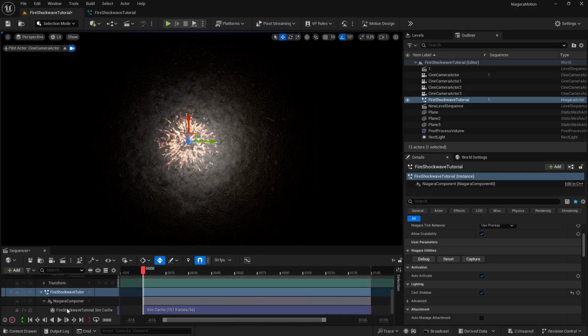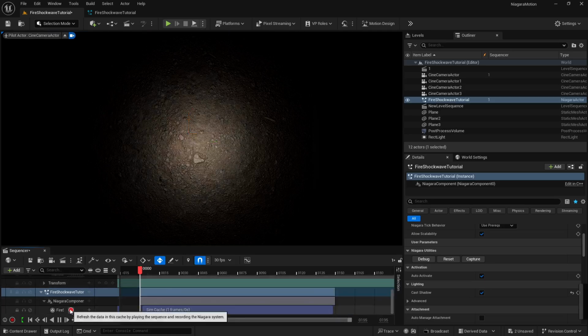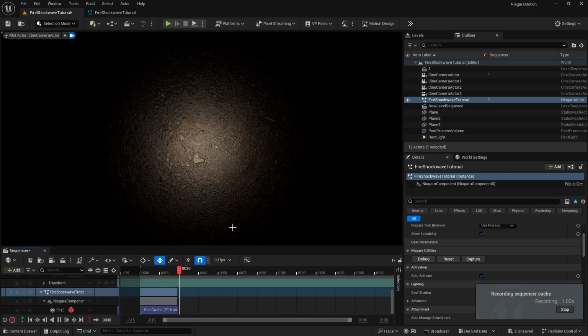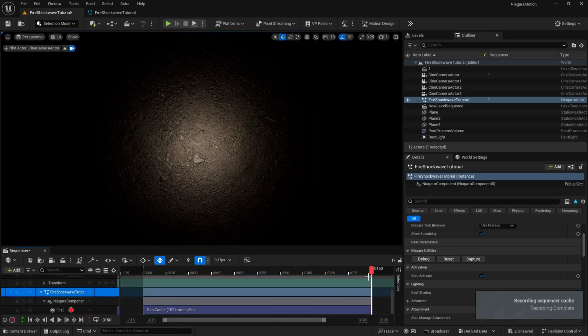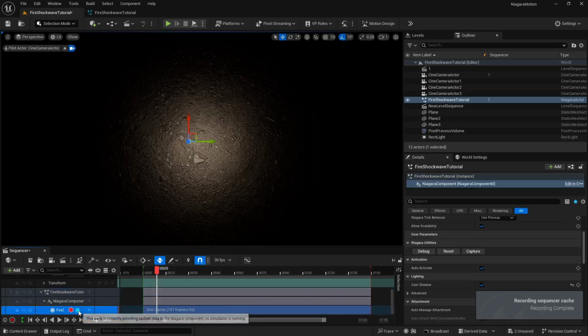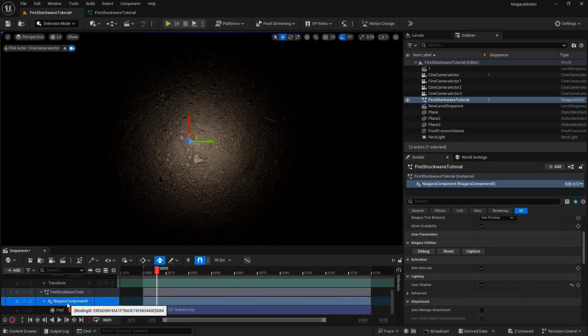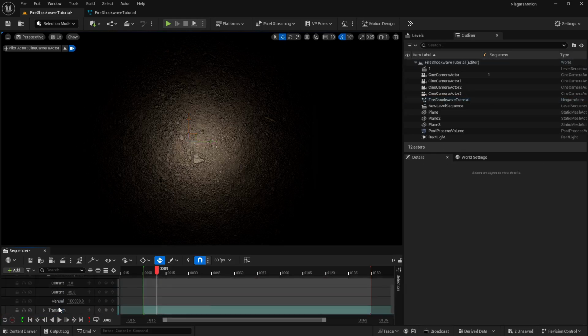Okay, and if I click on my record again, now it's recording again, but as you can see there is nothing happening. Now, why is there nothing happening? Because you are not playing anything here. So in order to cache the sim out in some good quality, you need to make sure that you are also playing it. What I mean by that is, if I delete this,